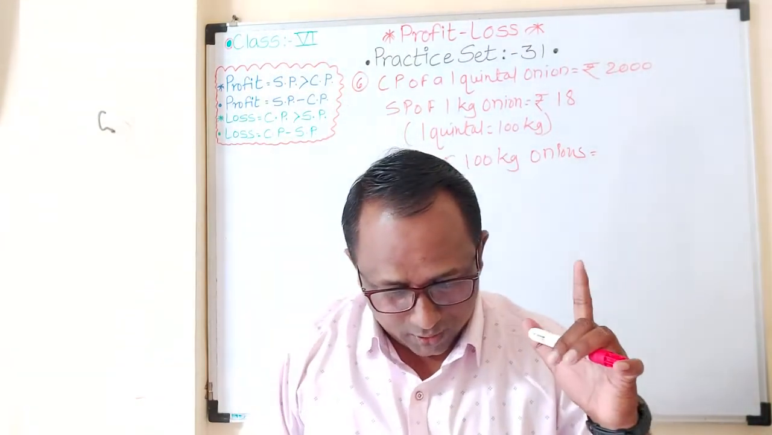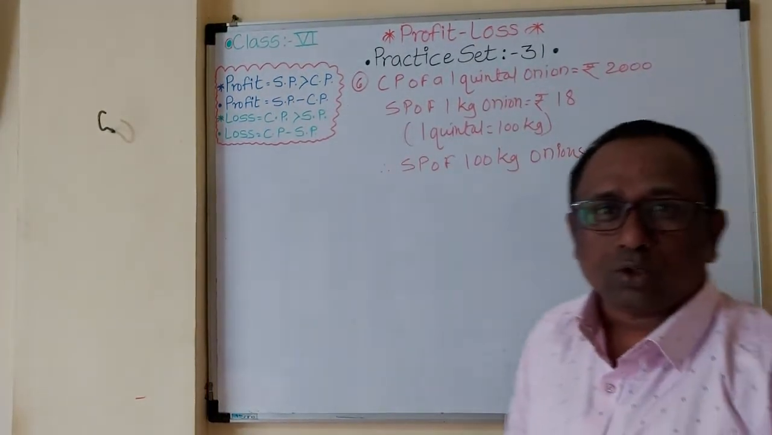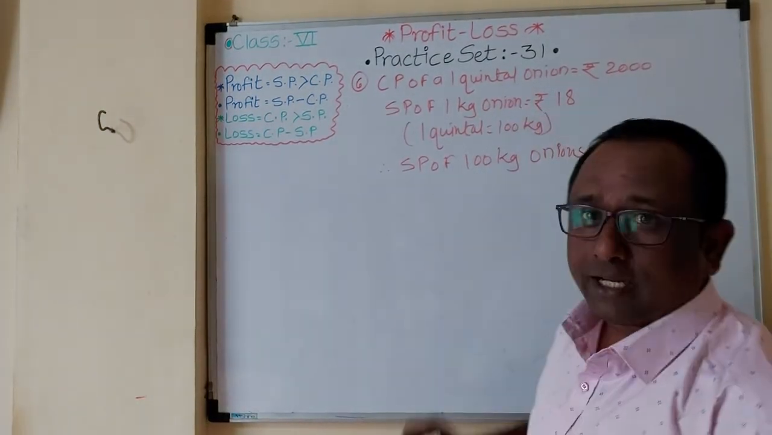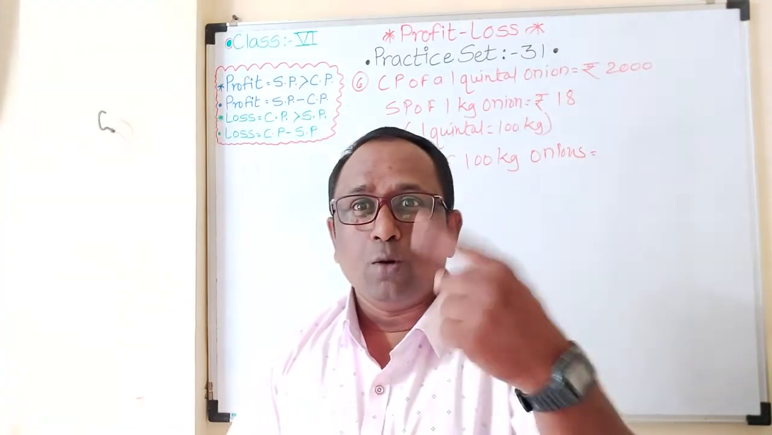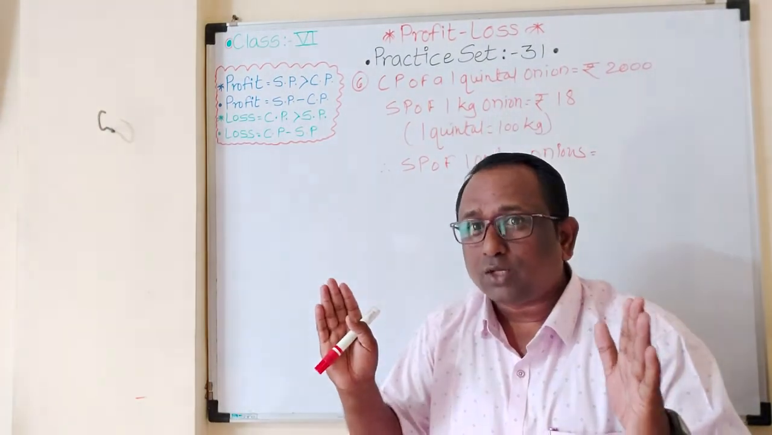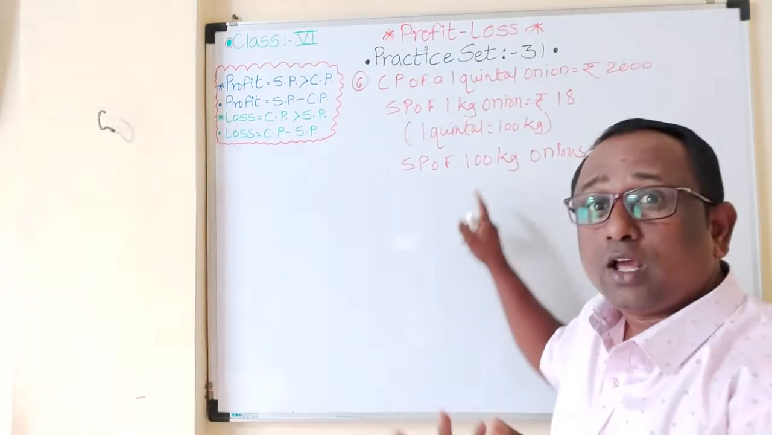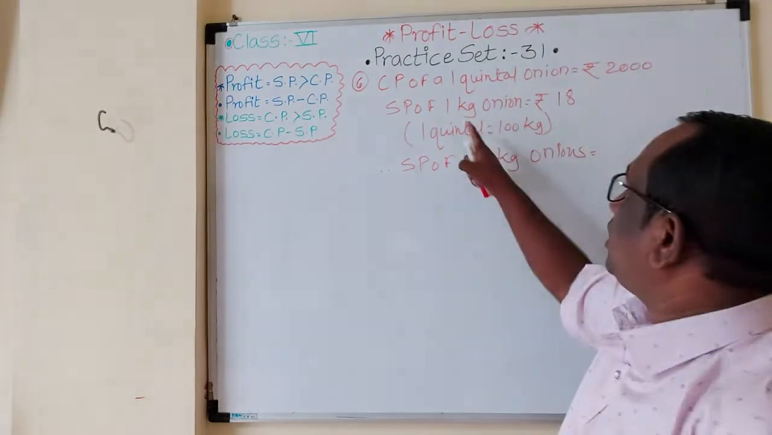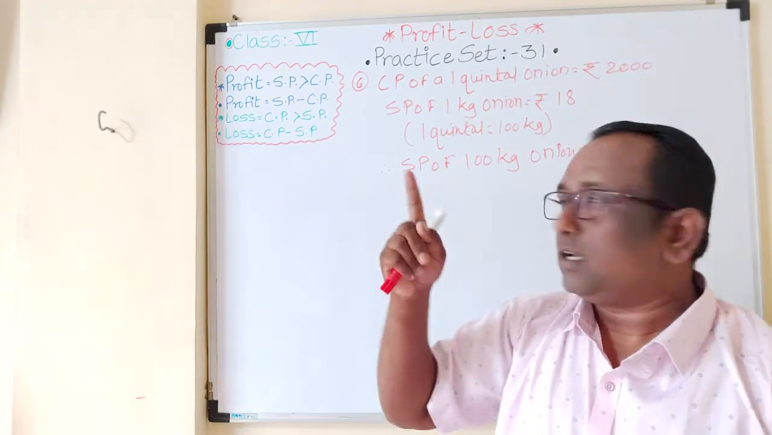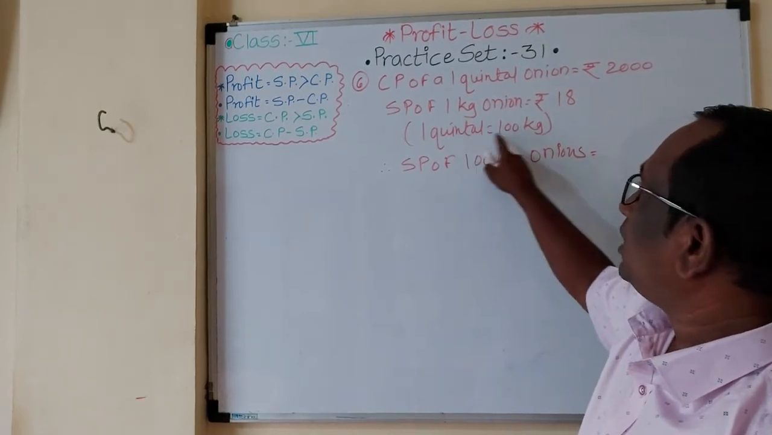Let's see. So first, the cost price of 1 quintal onion is given, 2000 rupees. Then the selling price of 1 kilo onion is rupees 18. And we know, students, that 1 quintal is equal to 100 kilogram. 1 quintal is equal to 100 kilogram. Okay. So the selling price of 1 quintal or 100 kilogram. Why do we have to convert? Because the selling price of 1 kilogram onion is given. We have to find the selling price of 100 kilogram. Okay. So since 1 quintal is equal to 100 kilogram,